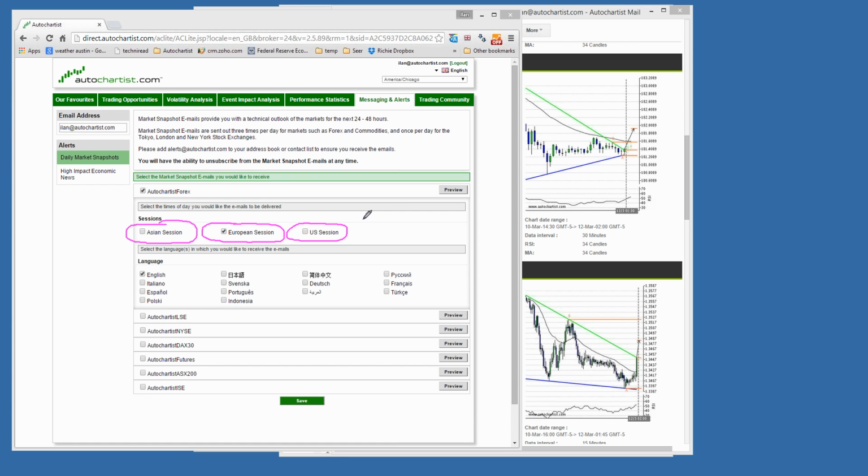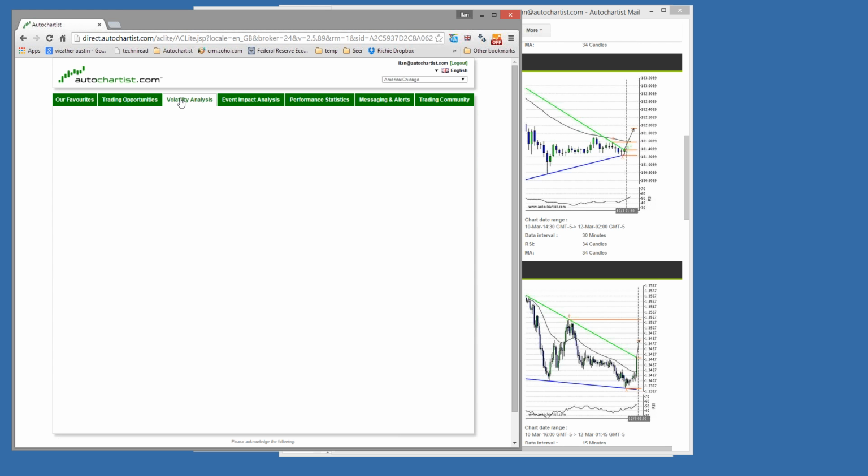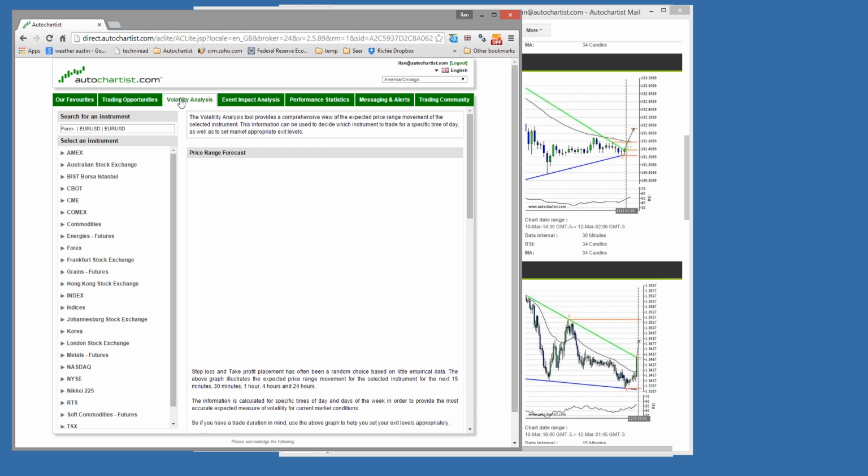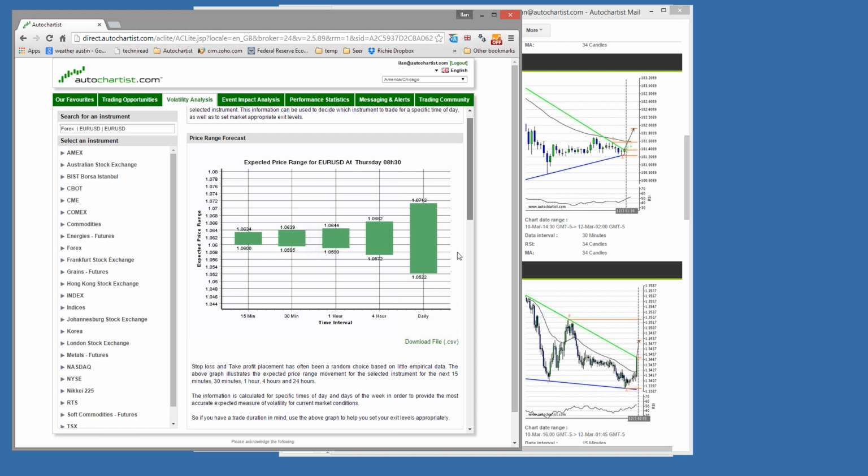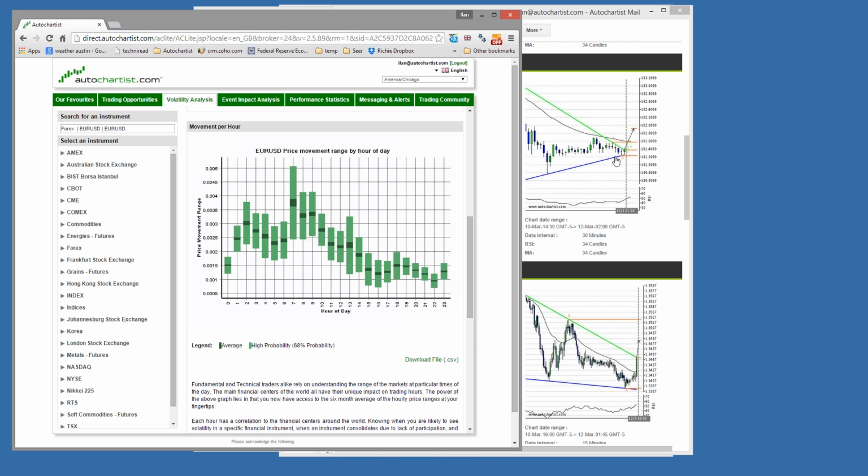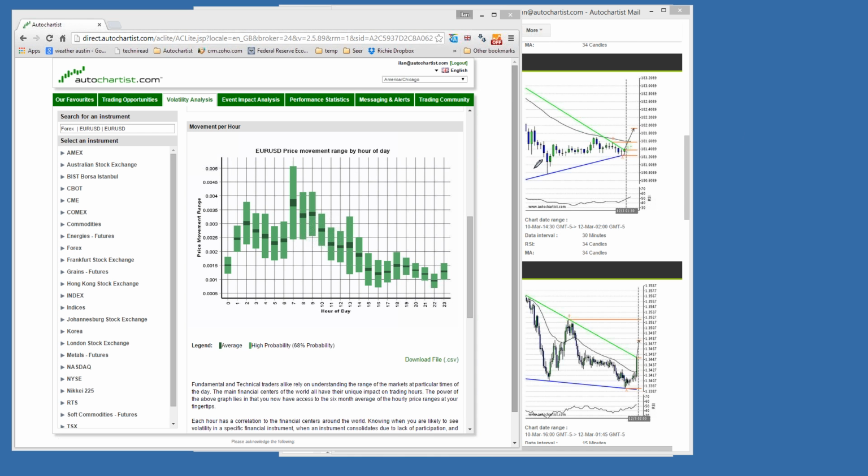So in terms of the best time of day to look at the reports, let me reference you to a different part of Autochartist to answer that question. If you look at the volatility analysis around forex markets, you can see quite distinctly, as pretty much all experienced traders know, where volatility in the FX markets happens.